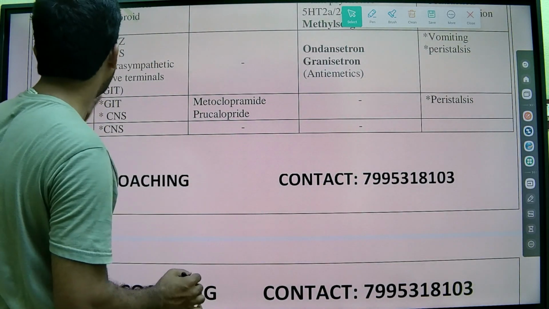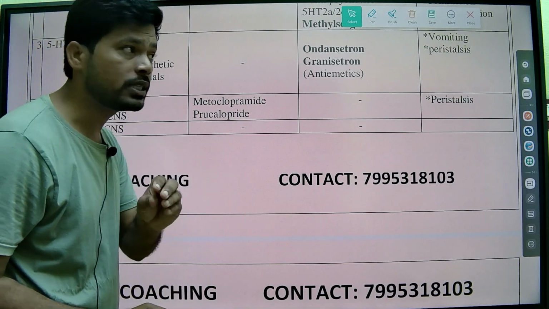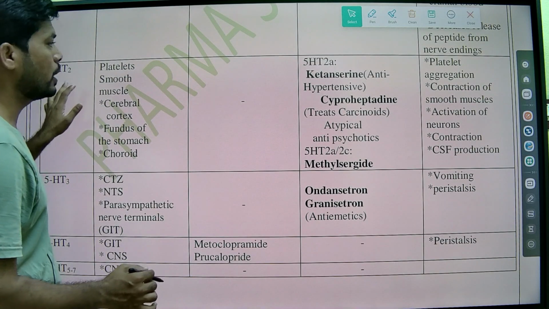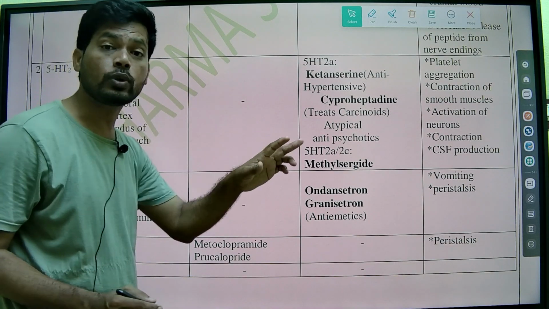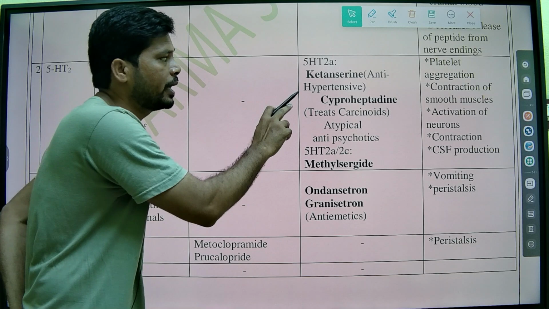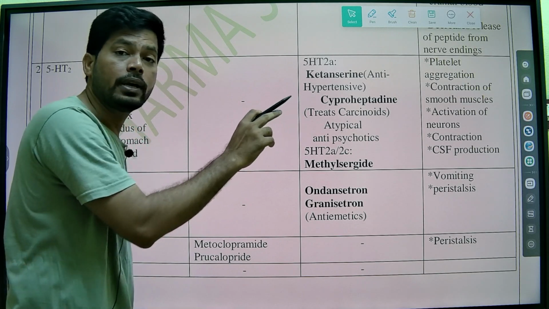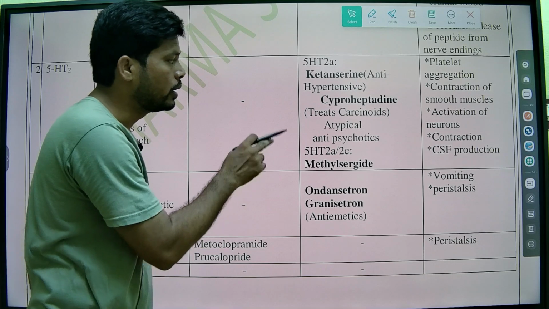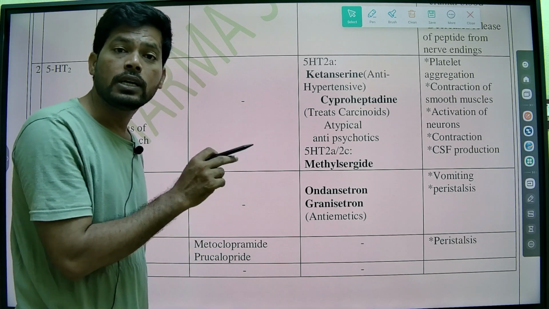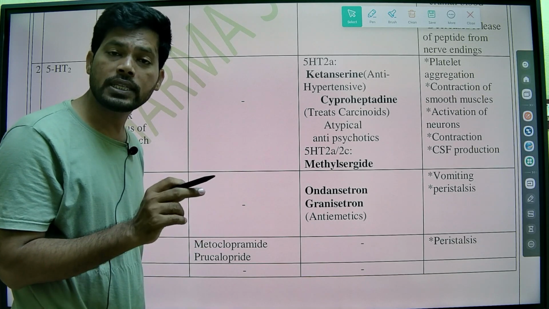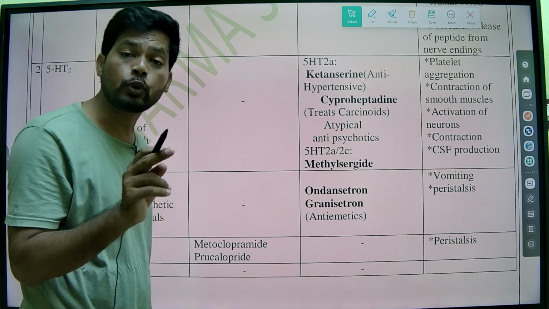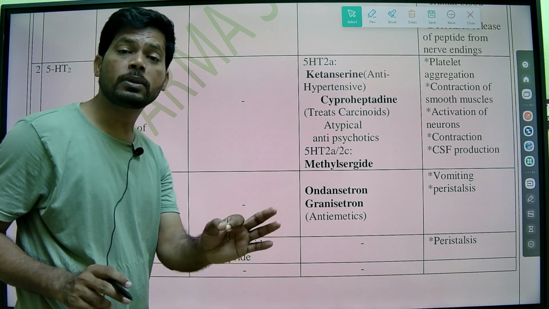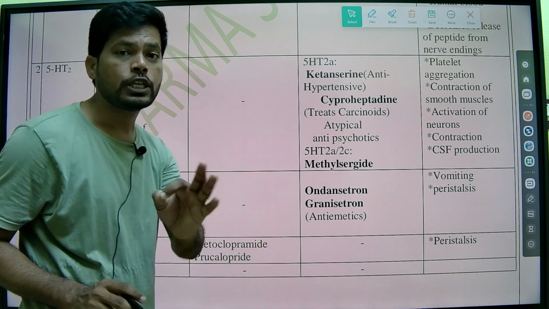So this is simply about the serotonin drugs: serotonin type 4 receptor agonists or prokinetics increase the gastric movements, and serotonin type 3 antagonists help in the treatment of vomiting. Serotonin type 2 receptor antagonists: ketanserin, an antihypertensive, and cyproheptadine, which helps in the treatment of serotonin syndrome, and especially the second generation antipsychotics, block serotonin type 2 receptors and help in the treatment of psychosis, both the positive and negative symptoms of psychosis or schizophrenia.